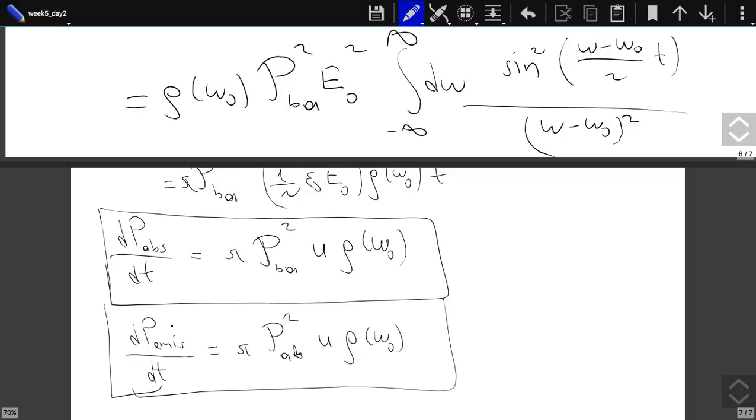Now, both absorption and emission are due to the external field that we apply. So our external field causes my atom to be excited, or if it is excited, it causes it to be de-excited. This is why it is called stimulated emission. There is an external stimulus which causes my atom to emit a photon.